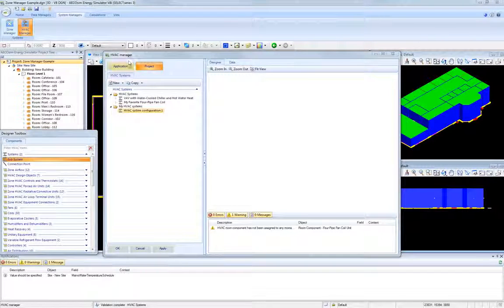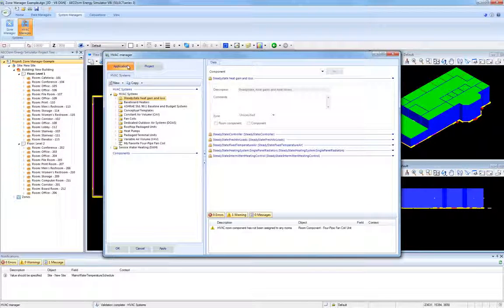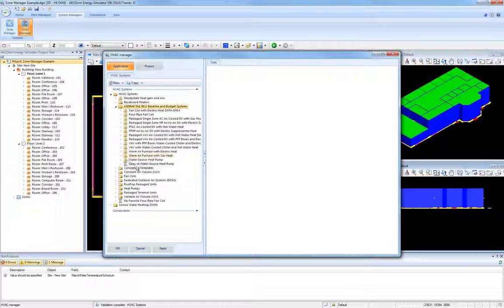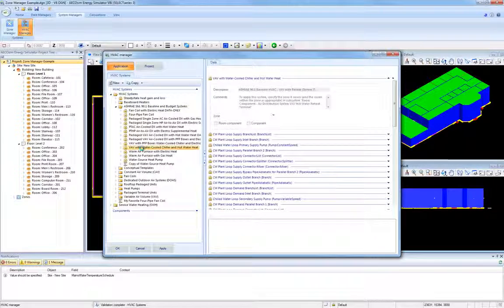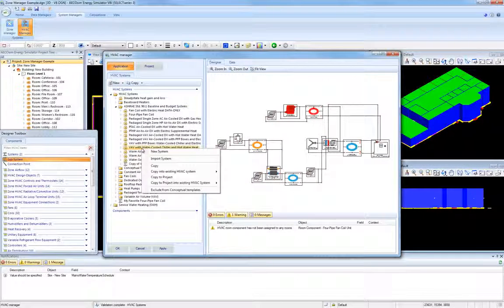So now I'm going to go back to the application side and copy two predefined designer systems into this new project system. So for example, I can select this designer HVAC system, right-click and select Copy to Project into existing HVAC system, and select the new HVAC system that we just now created.